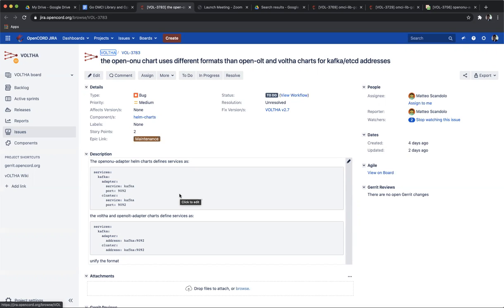Now this makes things a little trickier when managing all the charts at once, because we need to make special cases to configure those parameters. So unless everyone has a good reason not to, I will make a patch for the Helm chart and the adapter to use the same format as the other components. So they're all going to go to address:port.